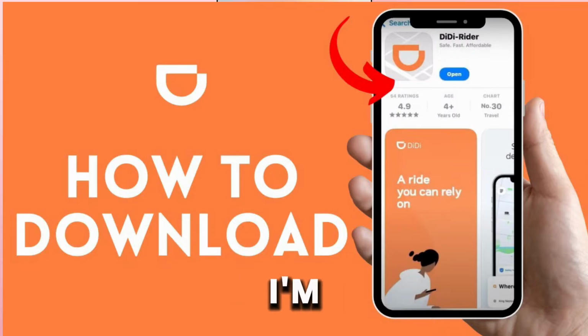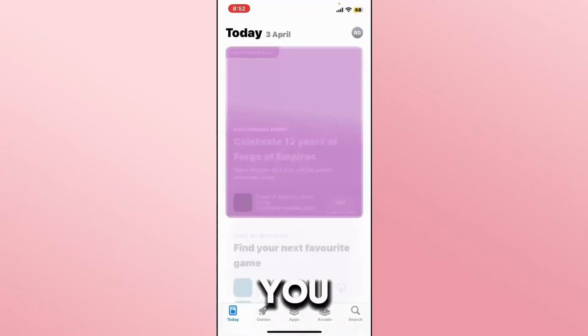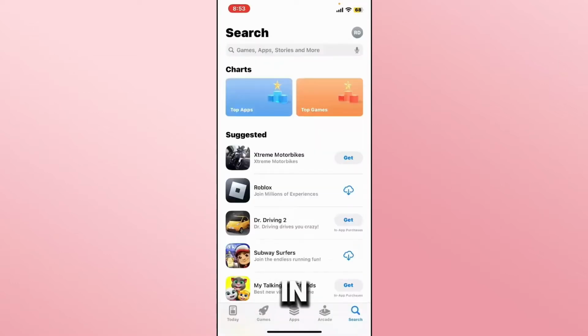In this video, I'm going to show you how to download the DiDi application on your iOS device. So let's get started right away. First of all, from your iOS device, you will need to open up the iOS App Store. Once you open it up, tap on the search button and now within the search box, type in DiDi and